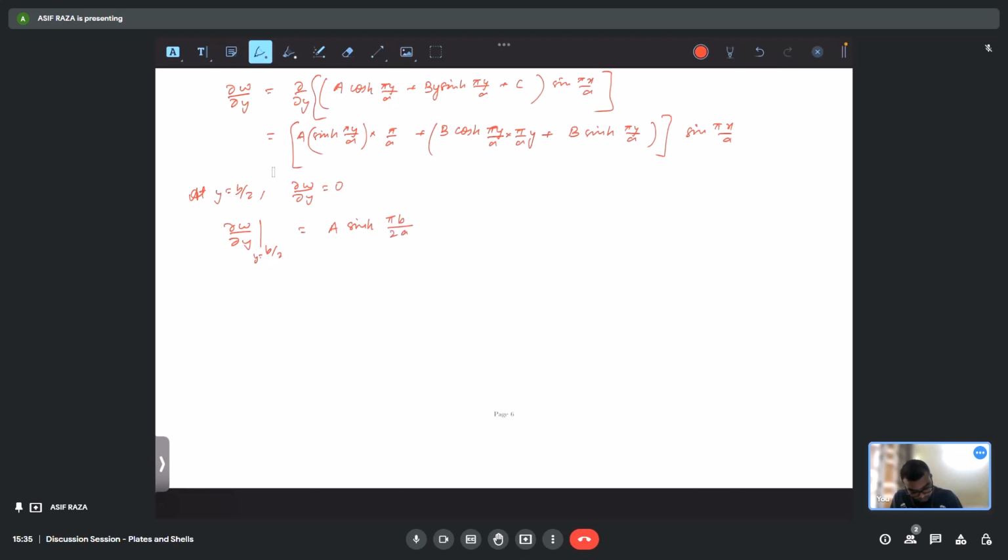Okay, times pi by a plus b cos. Rather than making something, let's see, pi y by a is pi b by 2a, and we have b by a equal to 2, so this becomes pi by 2, this becomes pi. So ultimately it will have sinh pi